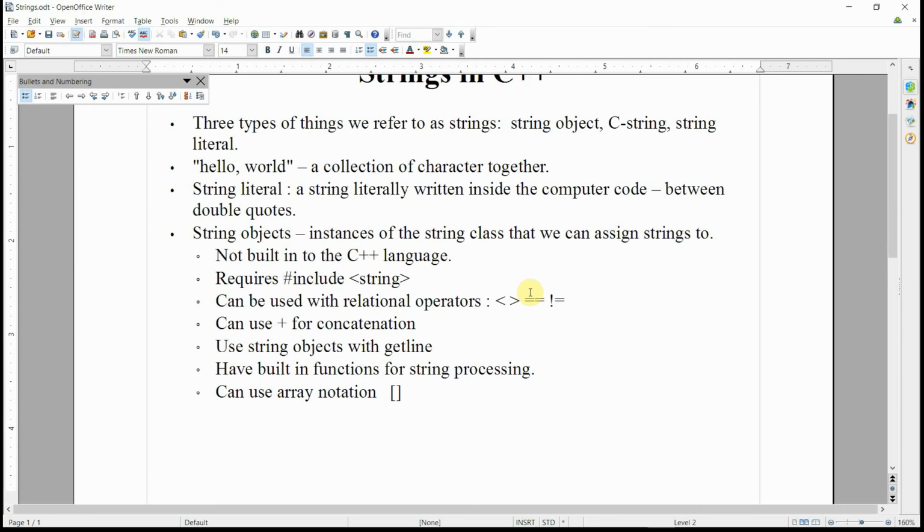Now, one other thing I should mention, I just want to remind you, since the string object is an object, it's only available in C++, not in C. C is not an object-oriented programming language, so there's no way for you to create an actual string object. All right. So then let me talk to you about the third type of strings,